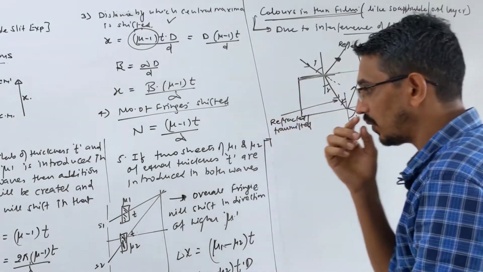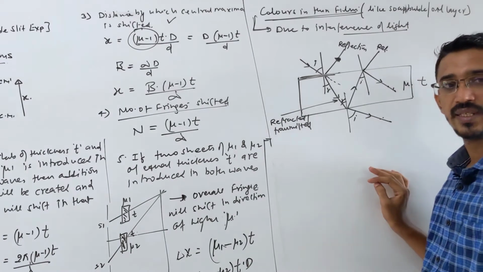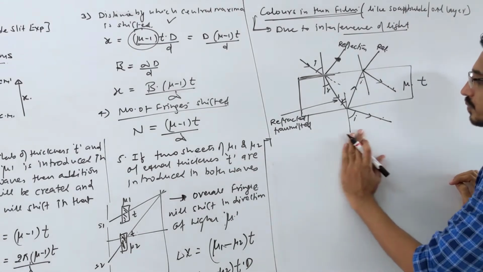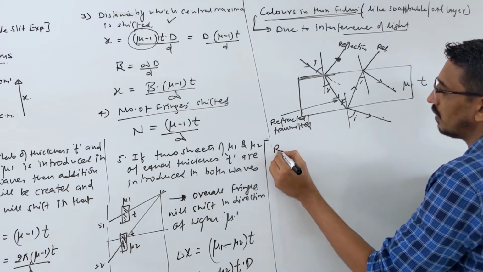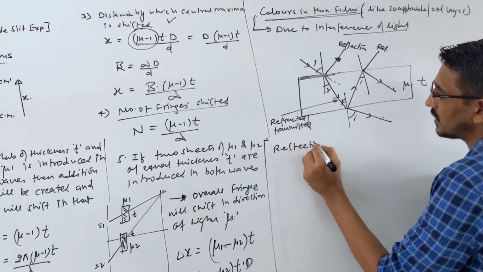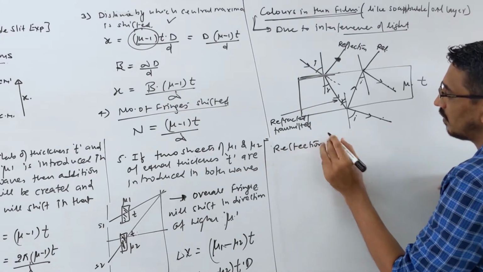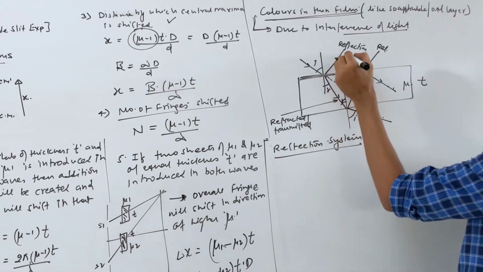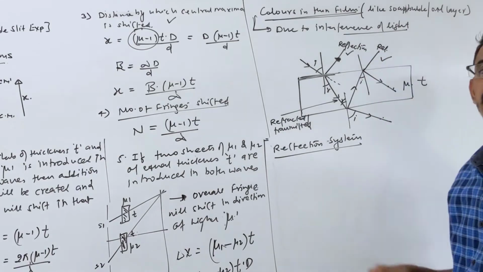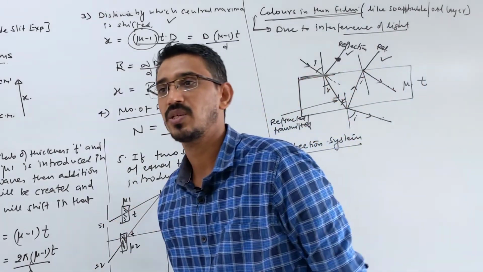So I am writing now here, this is not very important from the NEET exam point of view, still I am writing it if you can remember. So two systems we learn. First I am writing for the reflected system. This wave and this wave will interfere and produce what? Either a constructive or a destructive result.